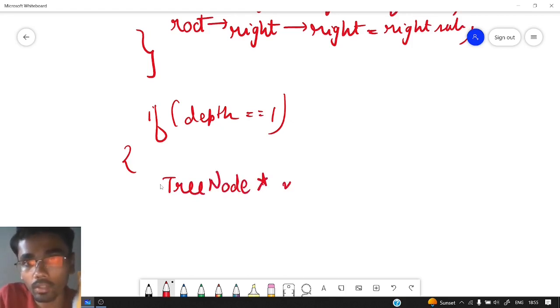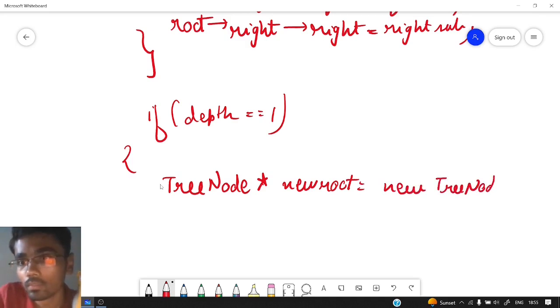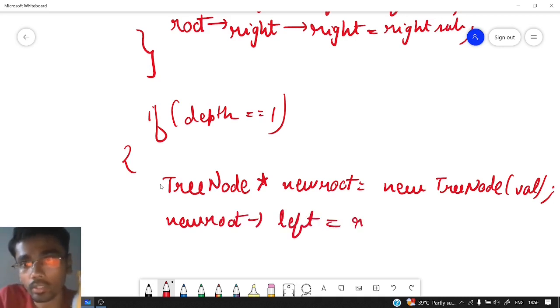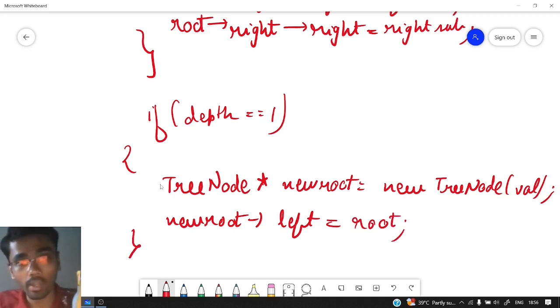It will have the value, and this new root's left will contain the original root. What is the original root? Root itself. So this is how we will do it, and obviously we will return the new root from here.